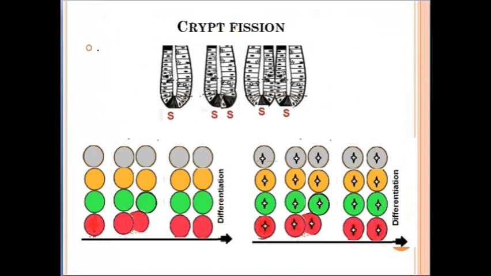So we start with crypt fission, which tells us how a crypt is multiplied. So we start with a crypt and stem cell, and then first of all this stem cell divides into 2 stem cells, and each stem cell then generates the entire crypt, and this is called crypt fission. And here you have the representation of this, which I applied also in a previous presentation. We start with the normal TPU. Stem cell is dividing and creates another 2 units, and this applies